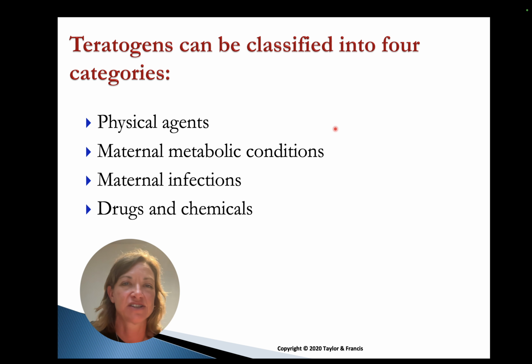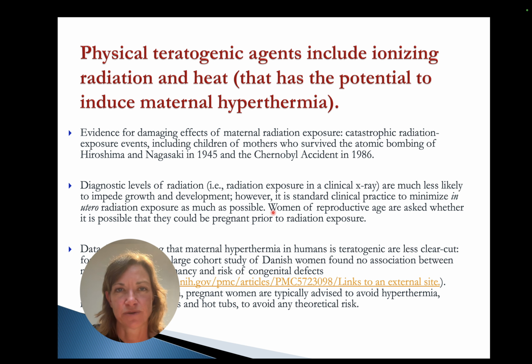Now, we typically classify teratogens into 4 categories. Physical agents like radiation and heat, maternal metabolic conditions, and that's not just pathological conditions, but general physiological conditions, maternal infections and diseases, and drugs and chemicals, which we normally recognize as teratogenic agents. That's the first one everybody thinks of. And I'd like you to add a 5th here, which is psychological stress in mom, so maternal stress, now known also to be teratogenic. So let's start with physical teratogenic agents.